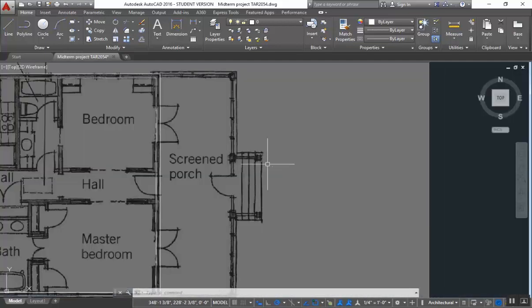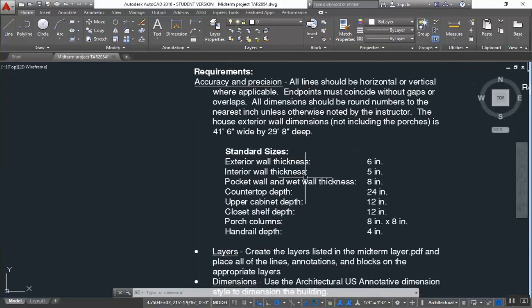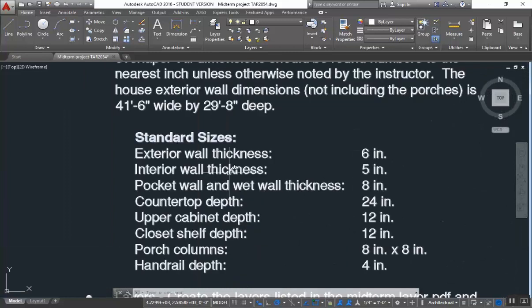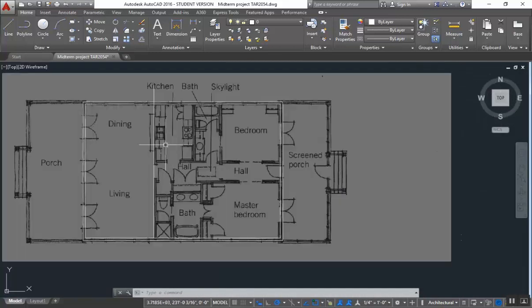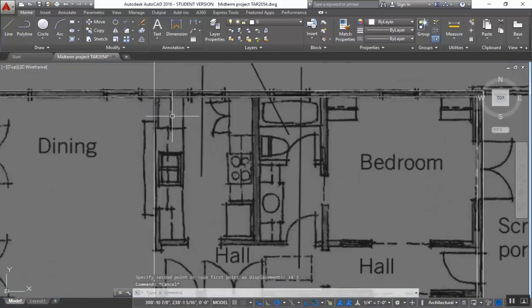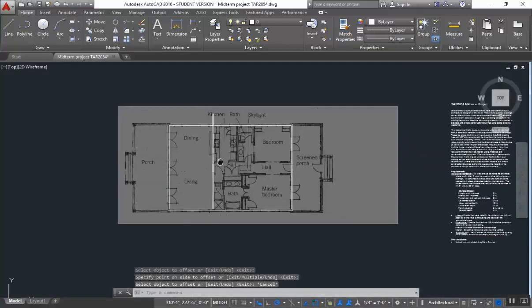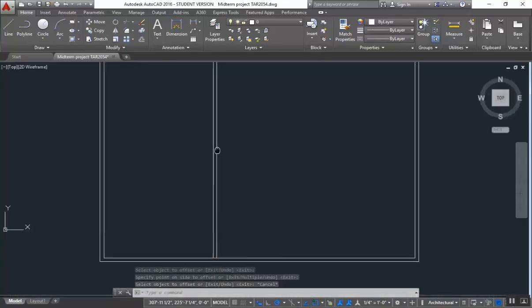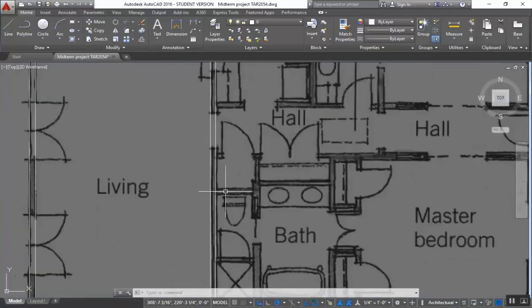How thick are the interior walls? Well, it says right here, 5 inches. Interior wall thickness, 5 inches. So what am I going to do? I'm going to offset that line 5 inches. Offset 5 inches. And this is an example of what I was saying about, imagine that these walls don't have